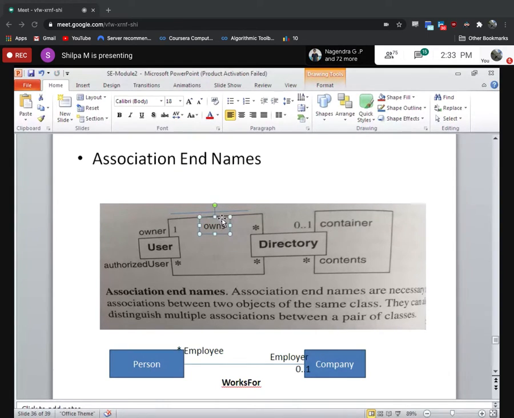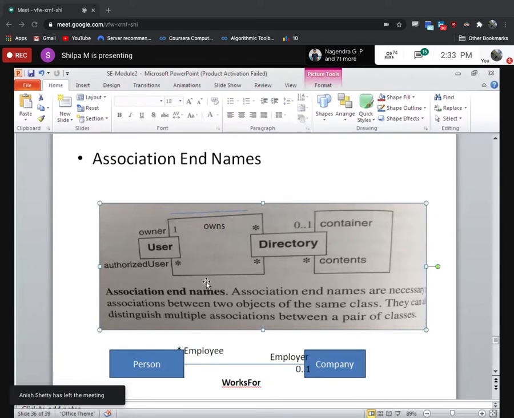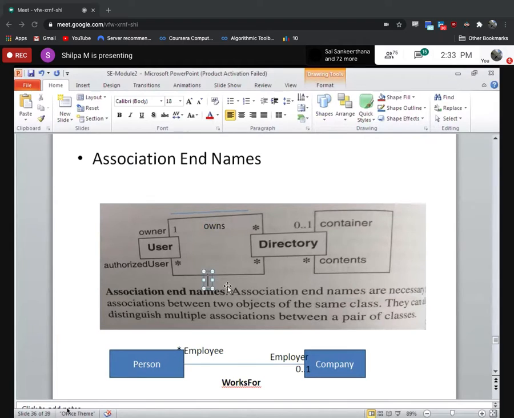A single directory cannot be owned by two people. So one owner owns n directories. And here I can say n users use n directories, star and star. You want to change, you can change.